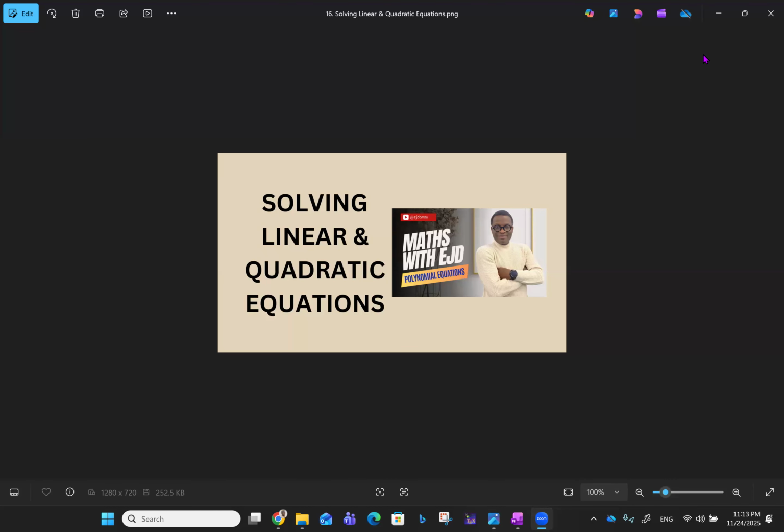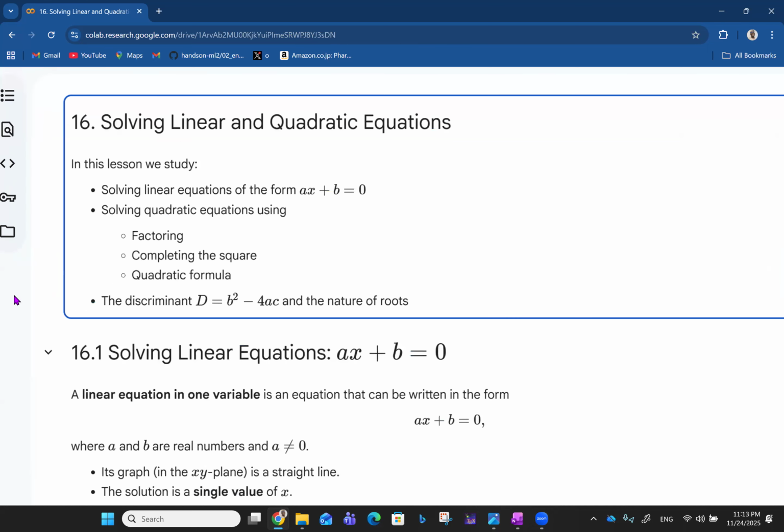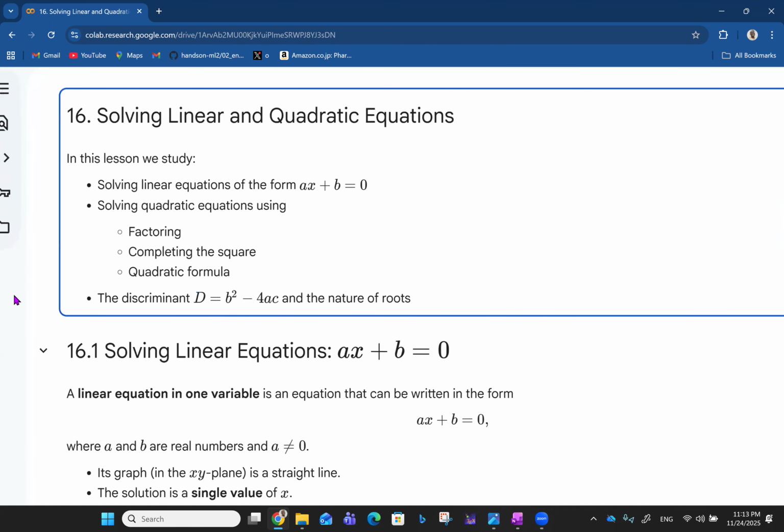As we continue with polynomial equations, in the next set of videos, I'll be focusing more on solving different types of polynomial equations. I mean, we've done that here and there in previous videos, but this one is like we are actually focusing on solving in particular. In the past, we've talked about factorization and types of roots and things like that. But here we want to talk about solving, and in this particular video, our focus is on solving linear and